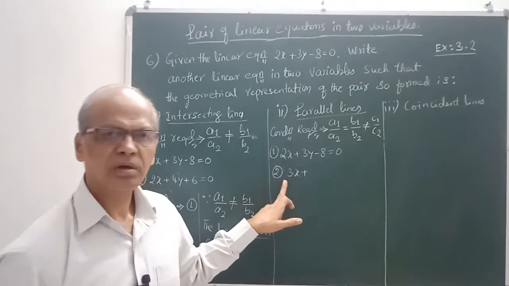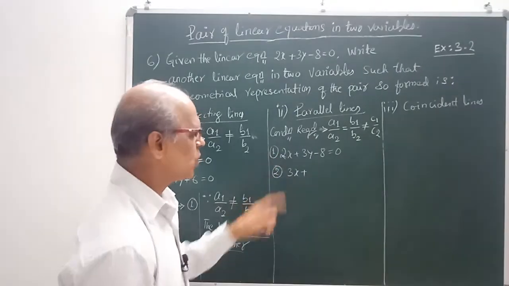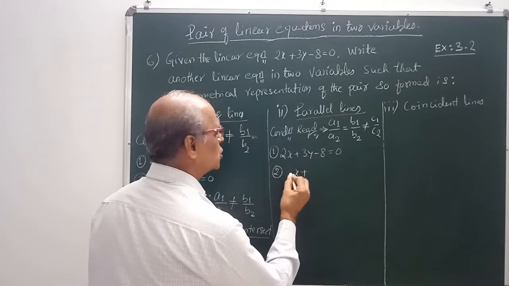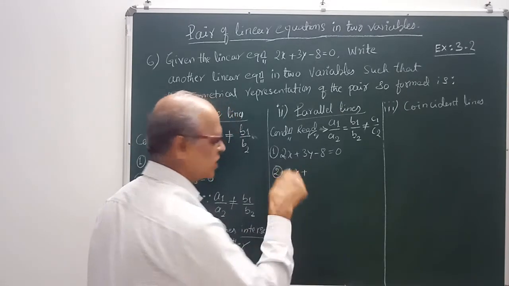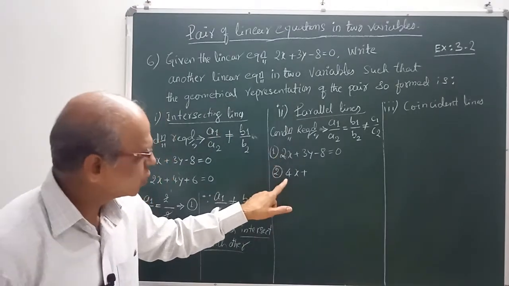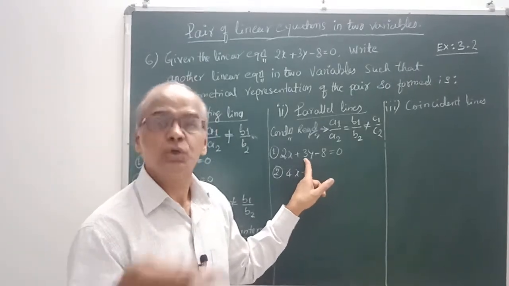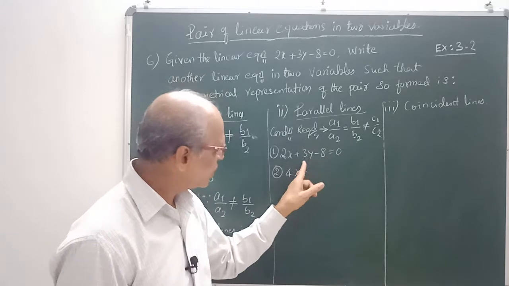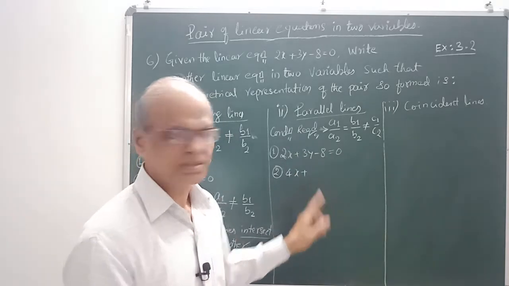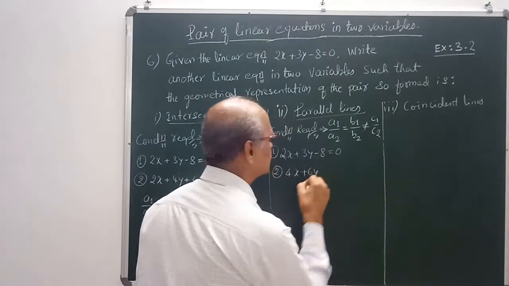Isn't it? Right? This is the easiest method: you take 4 here. So 2 ones are, 2 twos are 4, which means your answer will be half. Here also you have to get half. To get half, what should be here? 3 ones are, 3 twos are 6. That means you take this as 6.